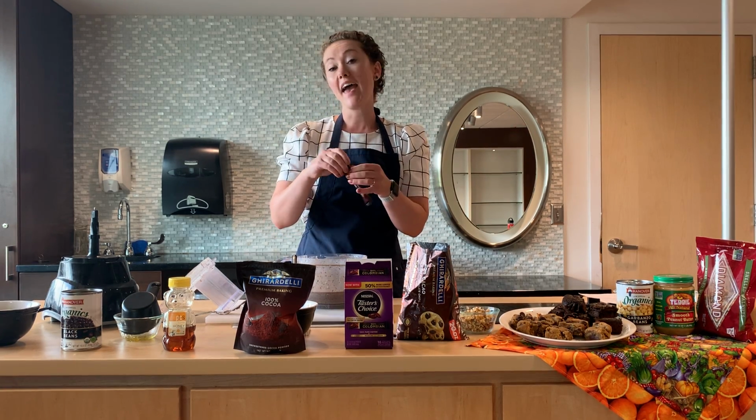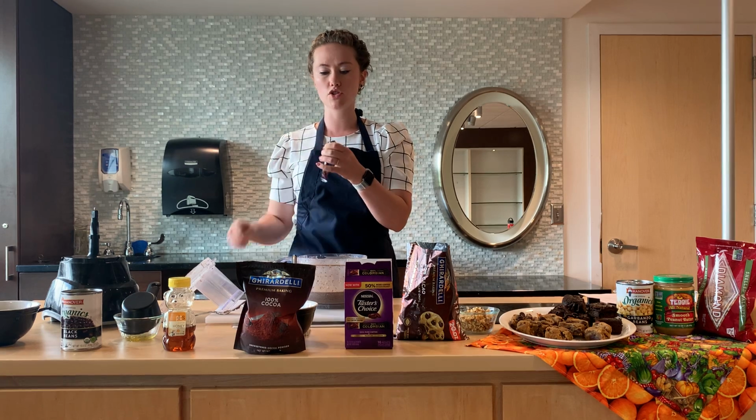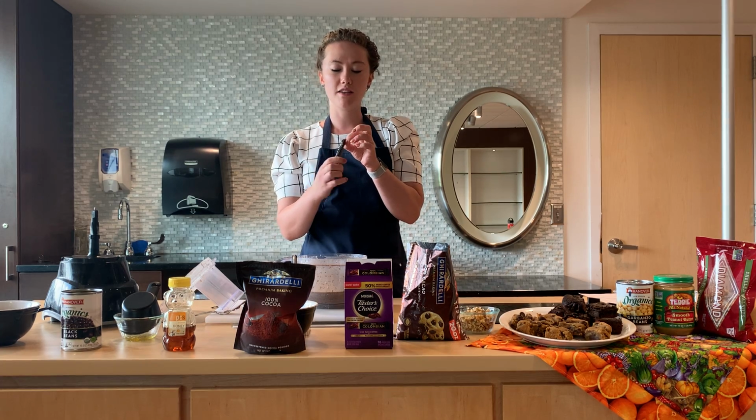If you don't want the caffeine, they do make these in decaf, which is really nice, especially if you're making it for young children as like a dessert after dinner. You don't necessarily want them bouncing off the walls, or if they're friends' kids, and then their friend might never